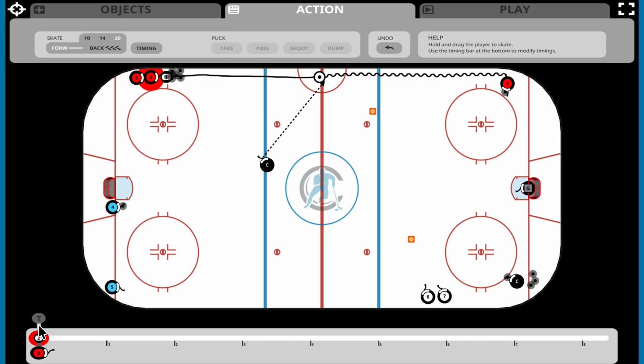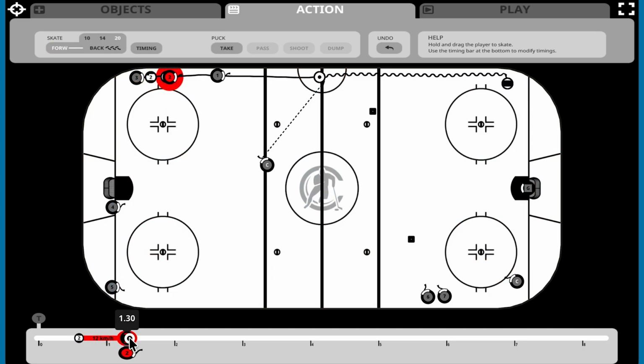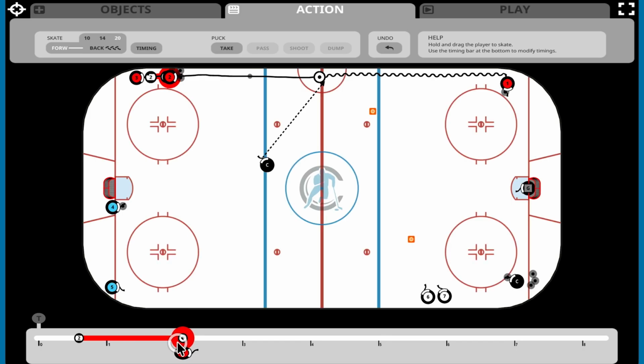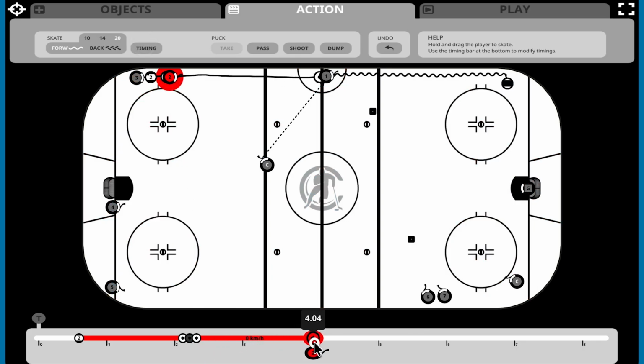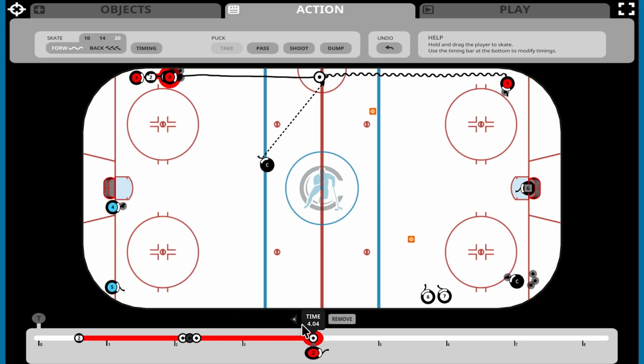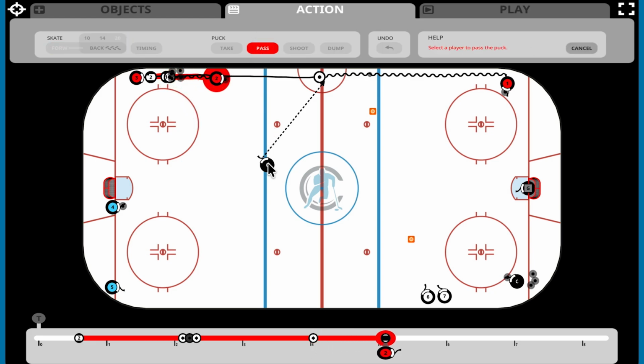First, delay player 2's movement until player 1 clears the area. Then, move player 2 up to the front of the line. Since it's only a short distance, reduce the skating speed to make the movement look more natural before taking the puck. Next, create another short delay while player 1 crosses the red line. Once player 1 is clear, continue skating, take a few strides, and pass to the coach.